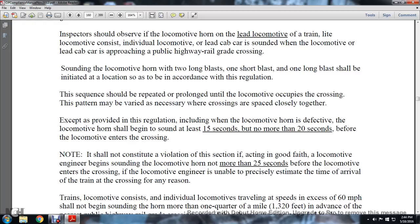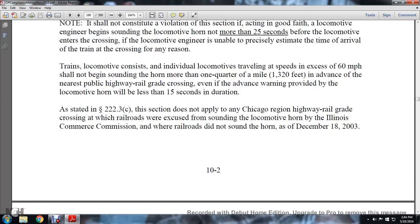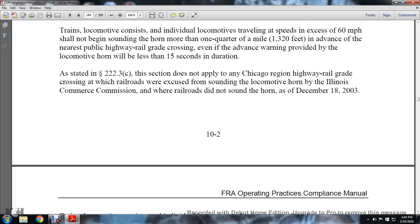This applies if the locomotive engineer is unable to precisely estimate the time of arrival of the train at the crossing for any reason. A train consisting of individual locomotives running at a speed of 60 miles an hour should not begin sounding the horn 1/4 of a mile in advance of the public highway railway crossing, even if the advance warning provided with the locomotive horn will be less than 15 seconds in duration. As stated in the statute,